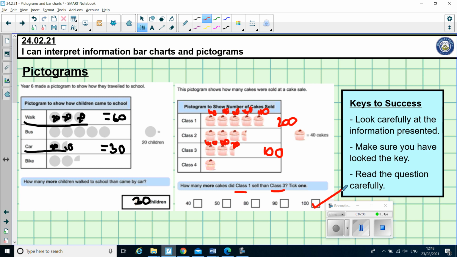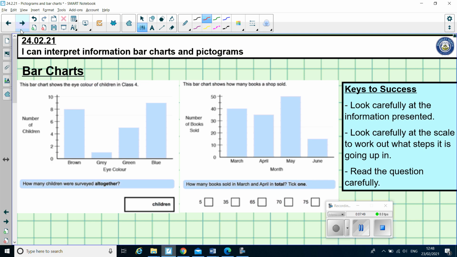Hopefully you got that. So with pictograms, it's all about looking carefully at the question and looking carefully at the key. Okay. The other kinds of questions you're going to come up against a good day then are bar chart questions. Now bar charts are similar to pictograms in that they display information, however they don't have little pictures, they have bars instead. So I've got a first question that we'll look at together, and then the second one I'll ask